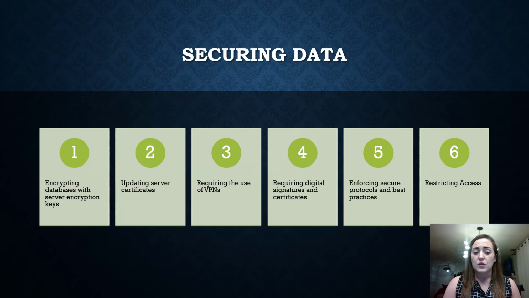Likewise, with the server certificates, you're going to need to have valid certificates from a trusted certificate authority, either from within your company or from an external trusted third-party company that can be applied to data at rest or data in use. For data in use, you also have the method of requiring the use of VPNs. VPNs are virtual private networks, which will require some sort of login to be able to access the internal network. In doing so, all of the